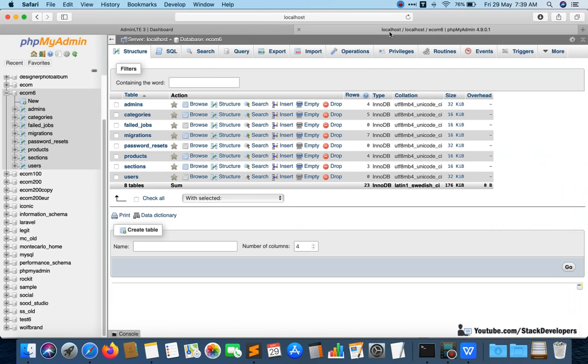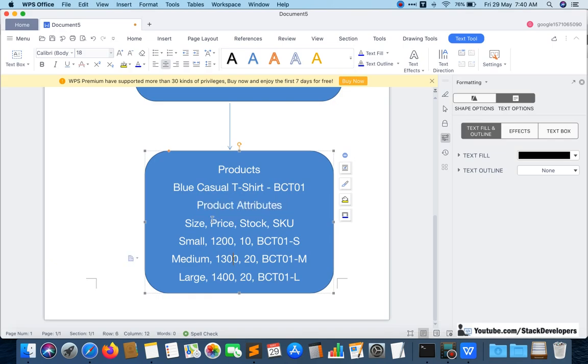So first of all we are going to make the table for product attributes like we always do with the help of migration. After that we will add data into that table with seeding, okay. First of all we will decide what columns we require. I already told you which columns are required here.